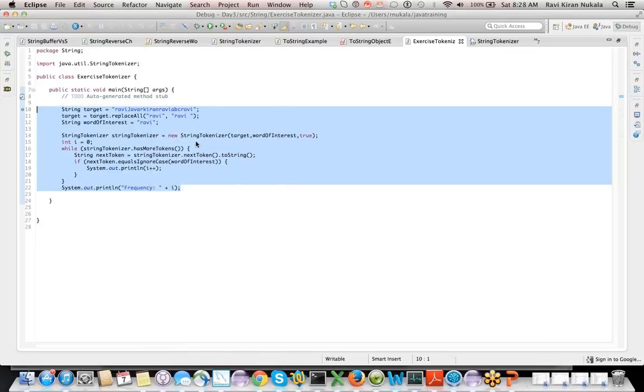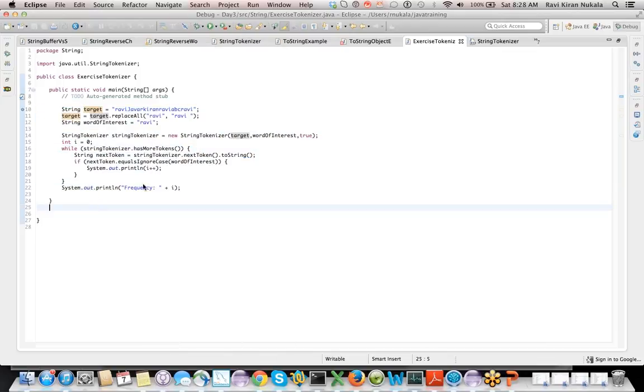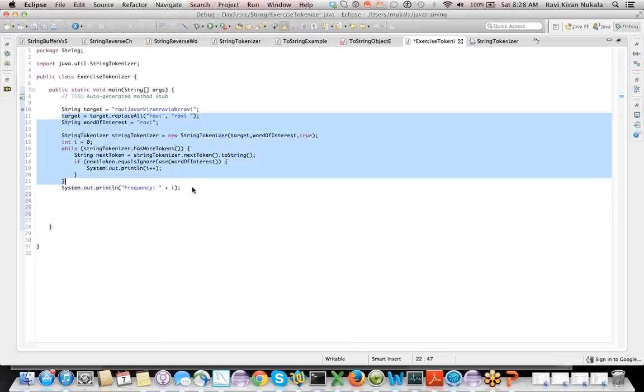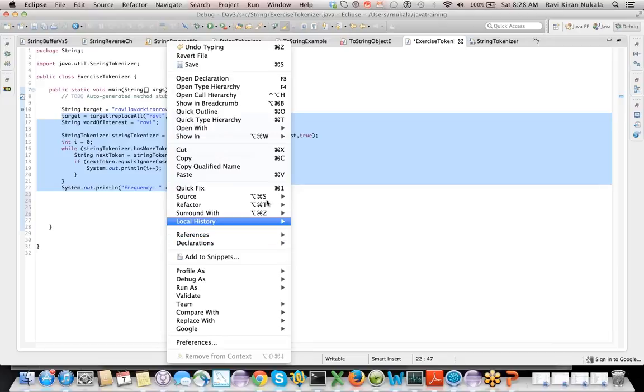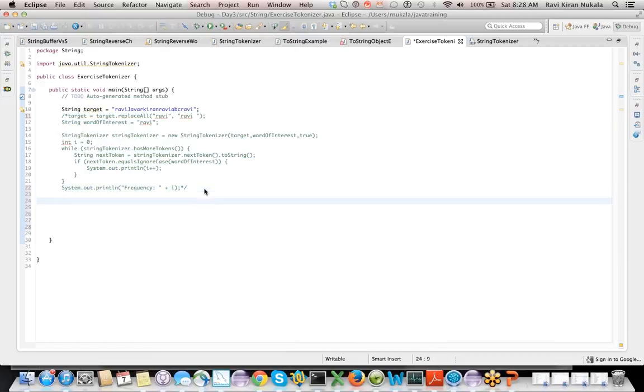Another way I want to show is something to look at in the string class itself. Let's see what we can do in the string class itself. Actually, that was the thing I was expecting from one of you.